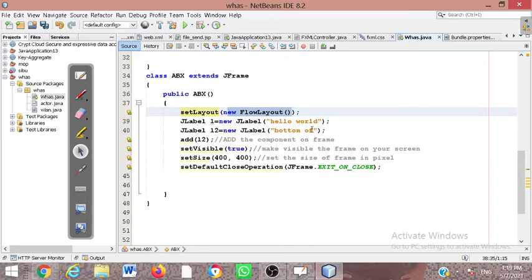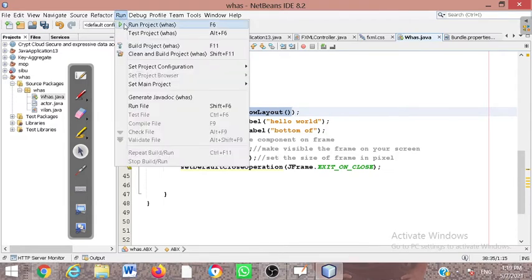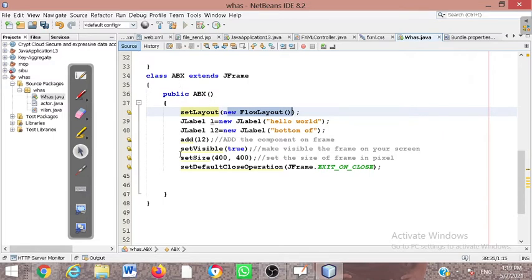Now we will see how this is going to be set. Eventually I am going to run the code here, and now we have to understand how the code is running, right? Yesterday I showed you this concept. Today I am going to show you how we can see the middle space on the frame, with all the components.